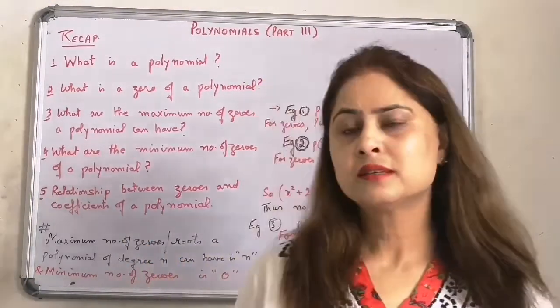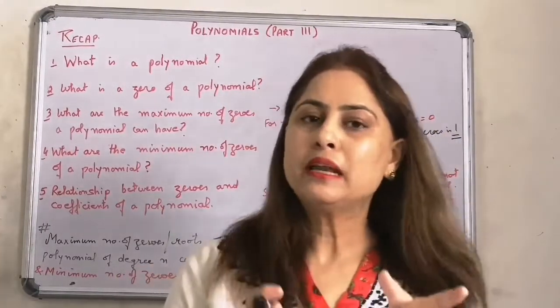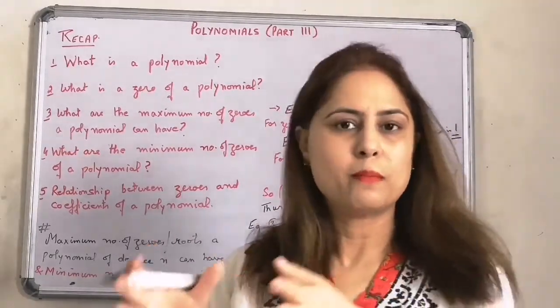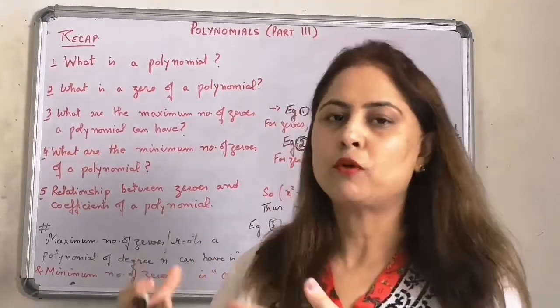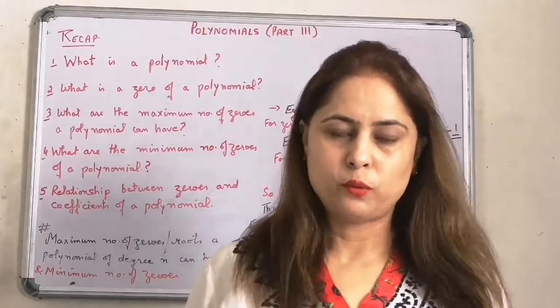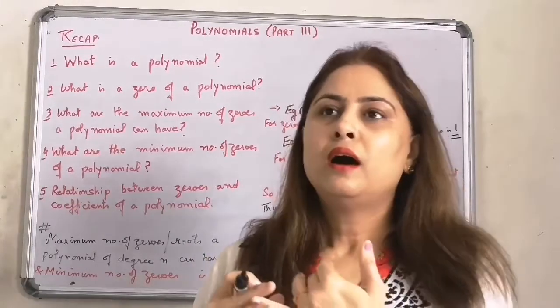First one is, what is a polynomial? A polynomial is a combination of terms which are associated to one another with plus or minus sign along with the help of multiplication and division. Then we did the types of polynomials. One division was on the basis of the number of the terms. For example,